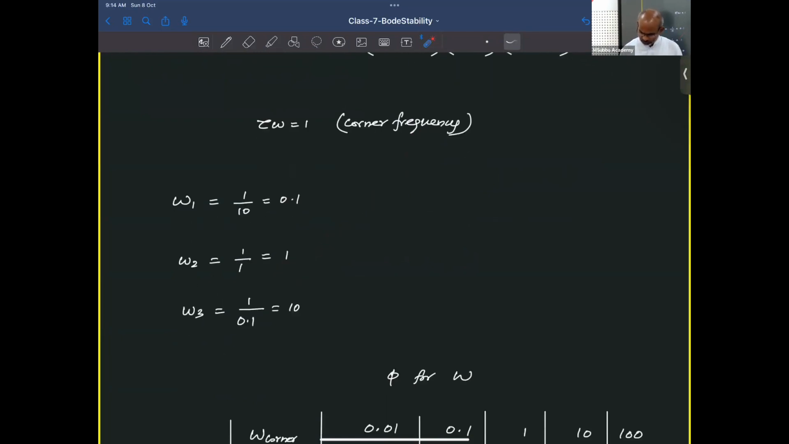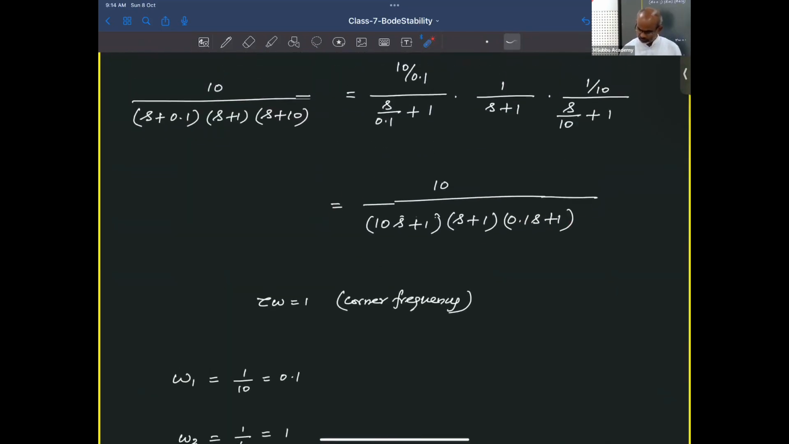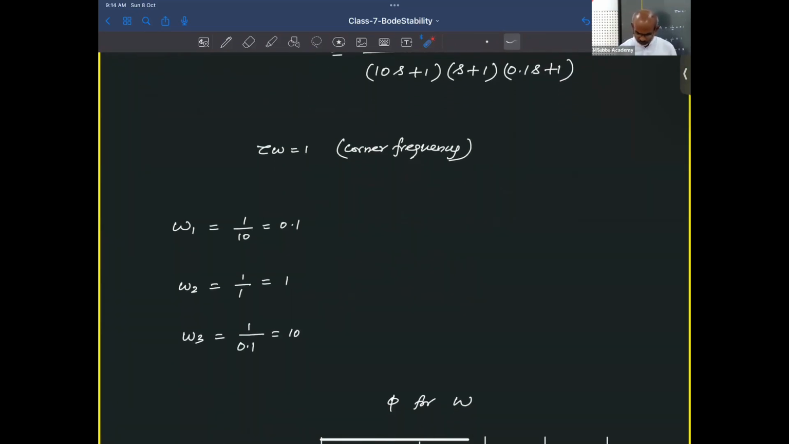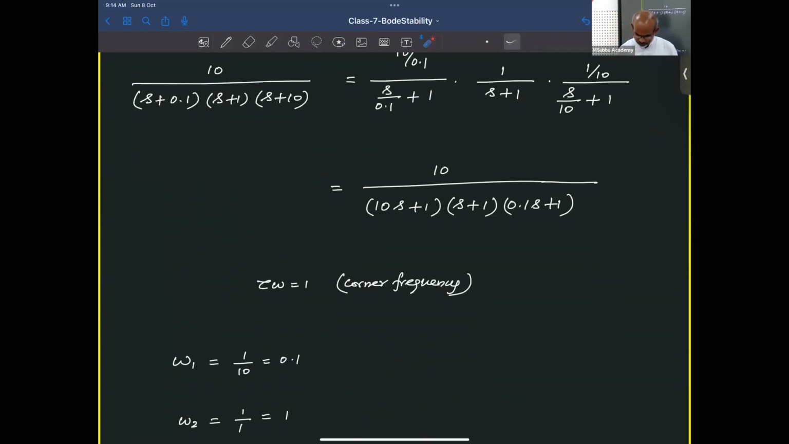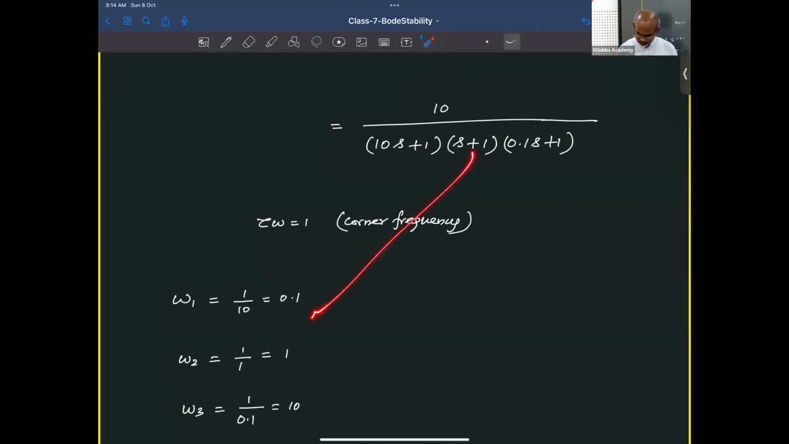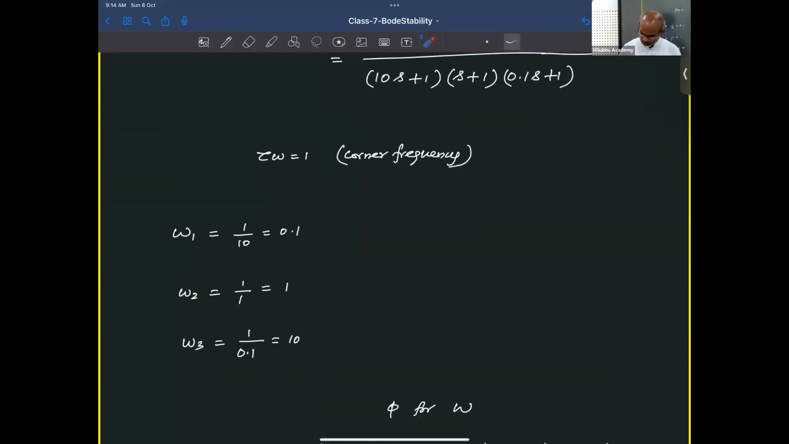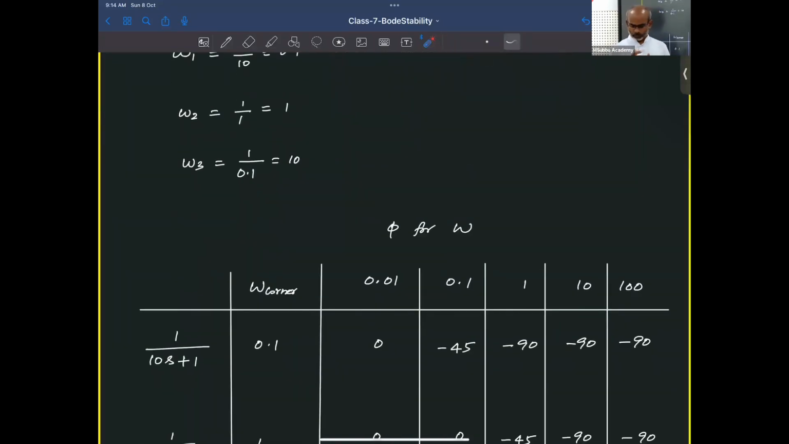What we are doing actually is writing this transfer function in the order of increasing corner frequency. So this one has a corner frequency of 0.1, the next one has a corner frequency of 1, and this one has a corner frequency of 10. So that the Bode plot is having